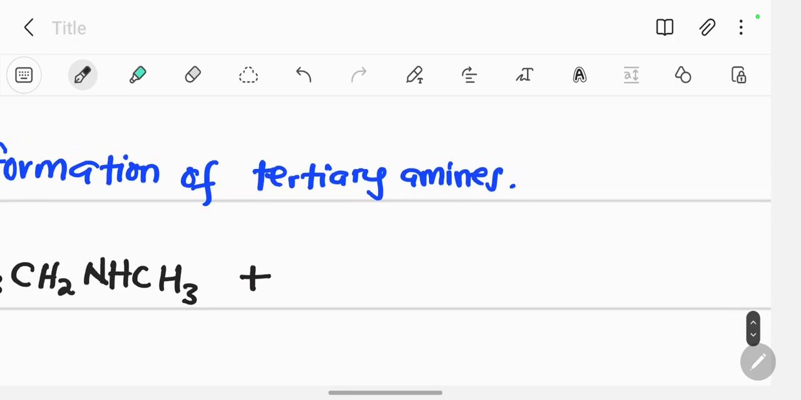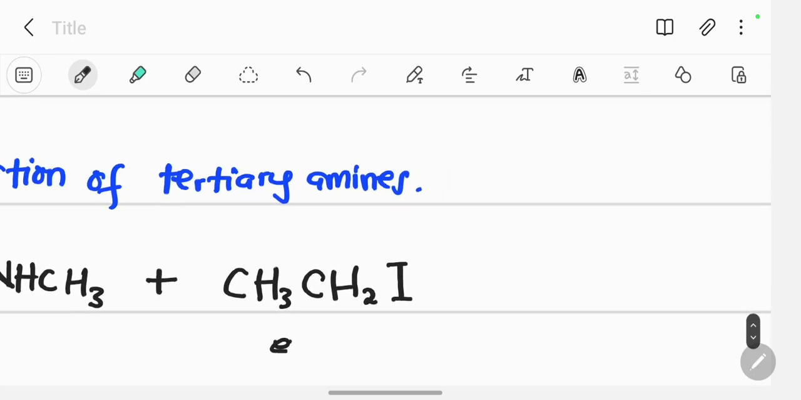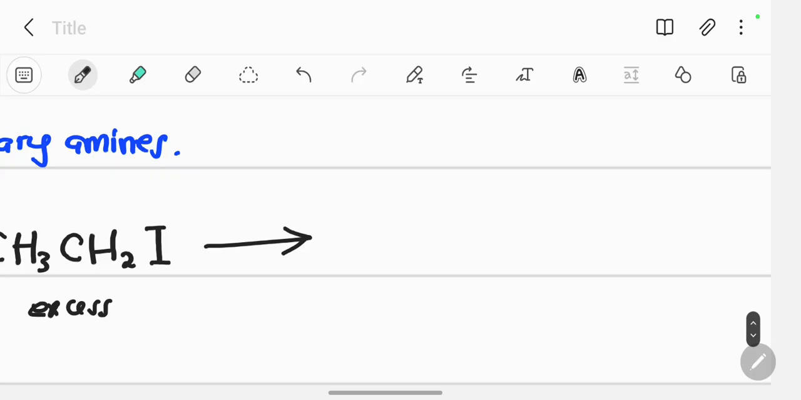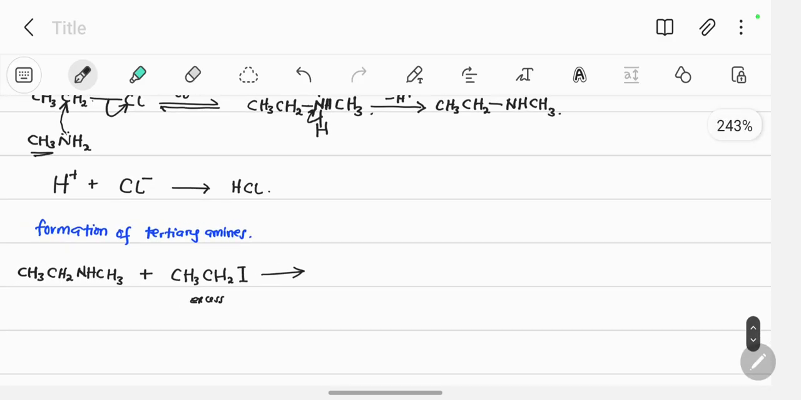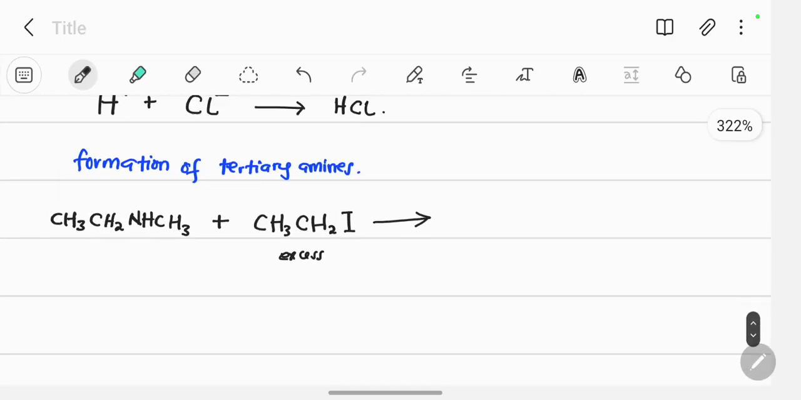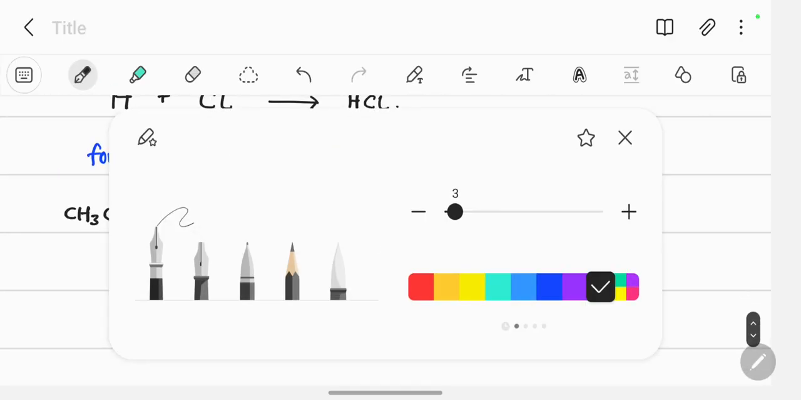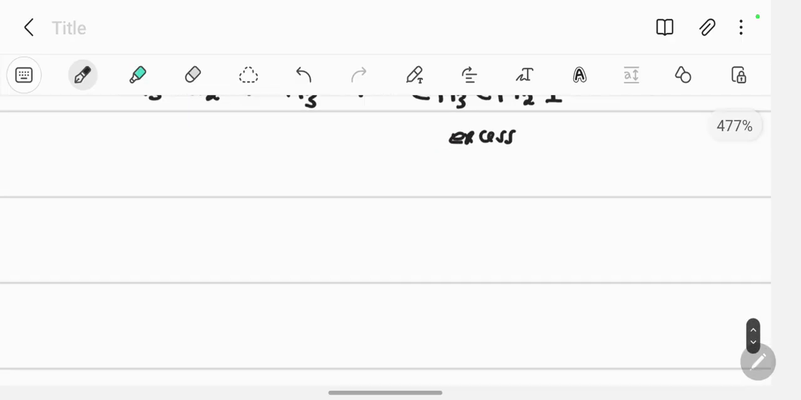plus CH3, CH2, and iodine. This is in excess, forming... so let me first wait to add the products there. I want us to generate the products from the mechanism. So our mechanism is going to be